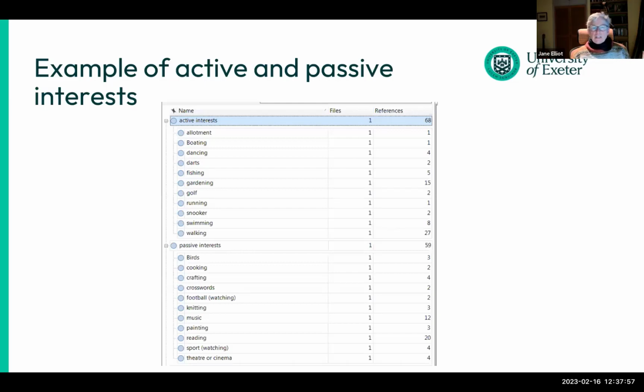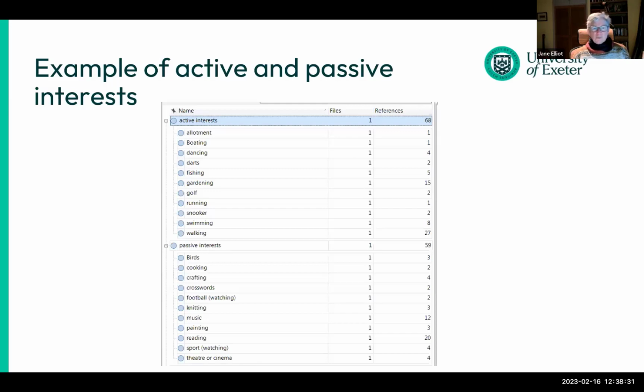But for me, those were slightly too granular as codes. So then you can see how I've created two more conceptual codes. One is active interests and a separate one for passive interests. And to be honest with you, I was looking at this earlier, and I did this a while ago, and I was thinking, why did I put snooker as an active interest? I'm sure there'll be people out there who are thinking snooker's not really very active. Maybe you have to get yourself to the snooker hall, but then there's not a huge amount of activity compared